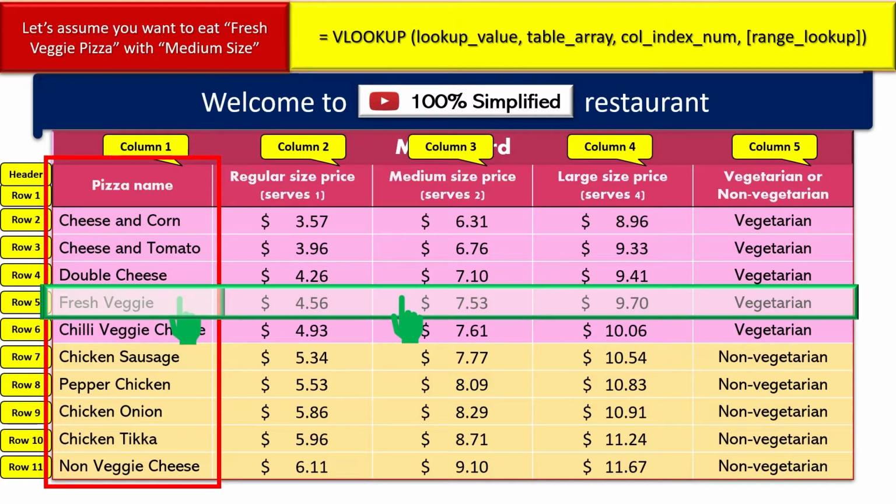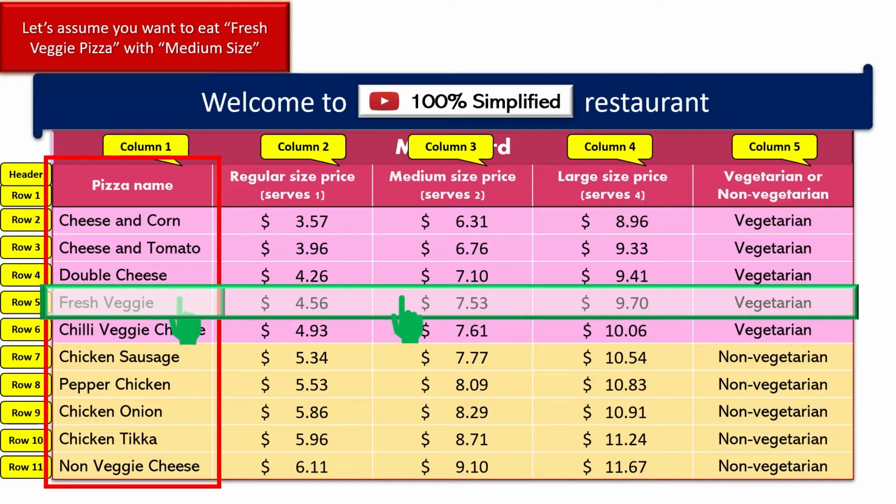In fact, this VLOOKUP definition is very simple in Excel. But since we are learning VLOOKUP, we will convert this entire definition into the most simplified definition which is available. So as you can see on the screen, on the top yellow box, VLOOKUP, then lookup value, table array, column index number, range lookup. These four values are to be entered into the VLOOKUP function.